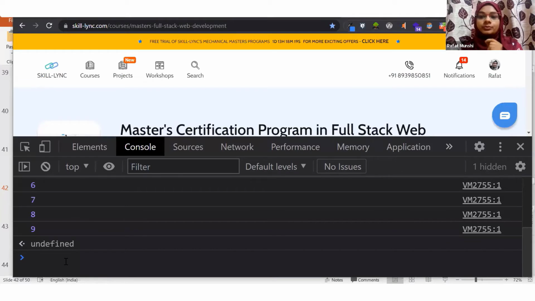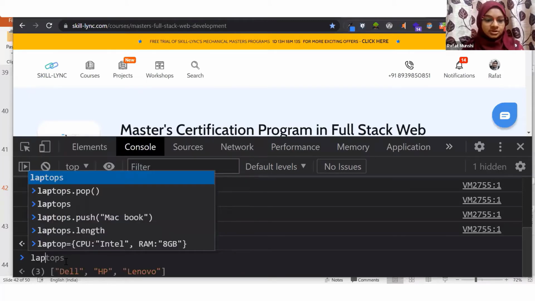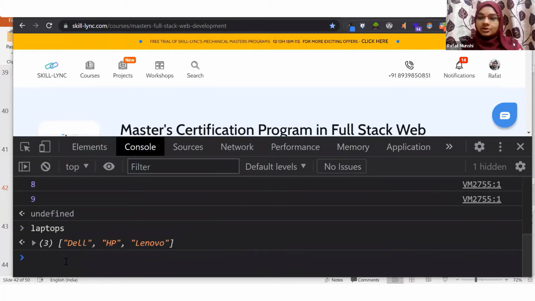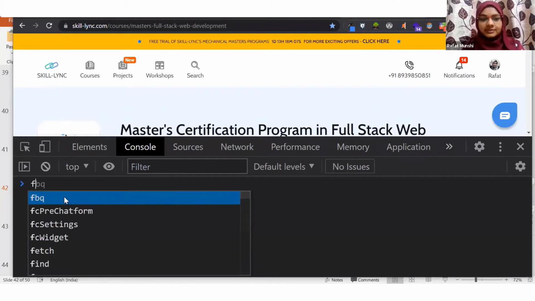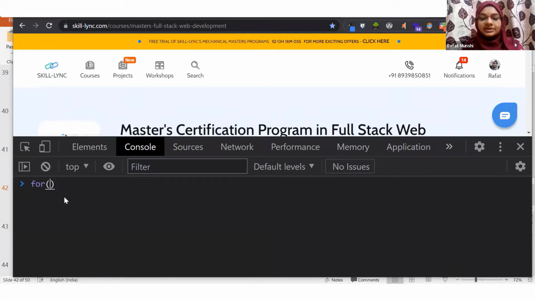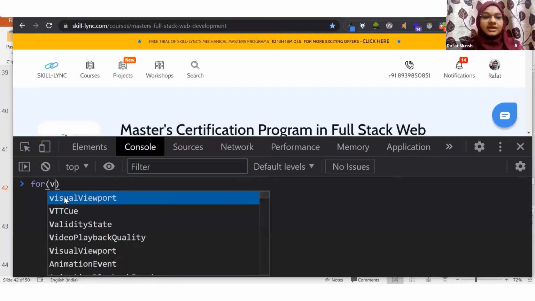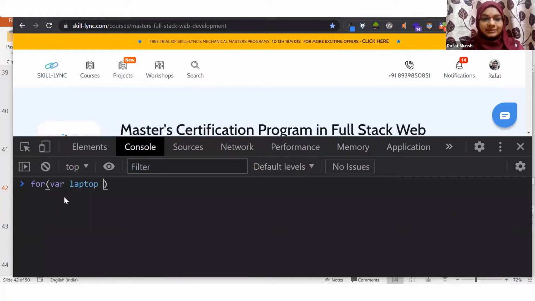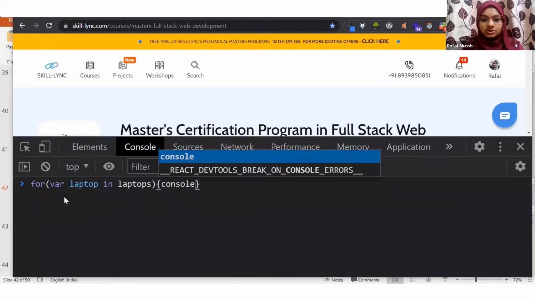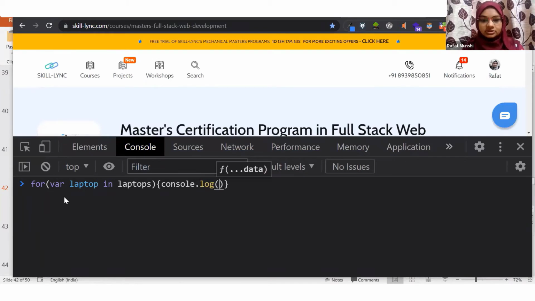So there is another loop you could use, which is the for...in loop. Like, what did we do? We had these laptops, right? So for these laptops, I can create a for loop. But now within this for loop, I can create a var for every laptop in laptops. For every laptop in laptops, I want to do something. I want to console.log that particular laptop.